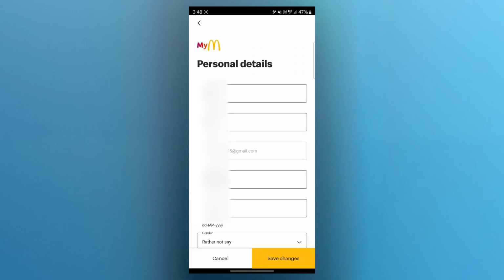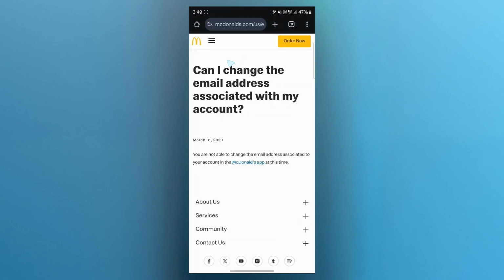Typically, McDonald's allows users to update their email address through the account settings section. However, if you don't see the option to edit your email, you might need to contact McDonald's customer support for assistance. So I have this McDonald's help page where you can see someone asked, can I change the email address